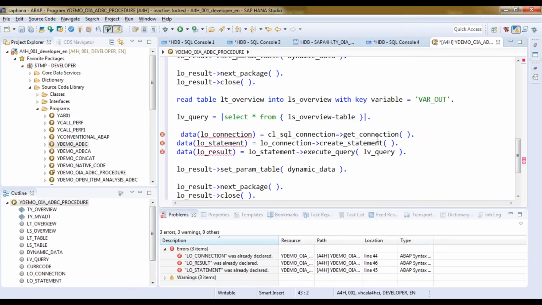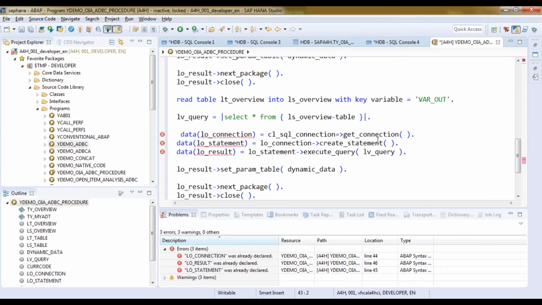Now remember, can anybody tell me, if you're working in an accelerator type of scenario where HANA DB is working as a secondary database, which API will you pass the name of the database connection to? Do you remember the ADBC chapter?